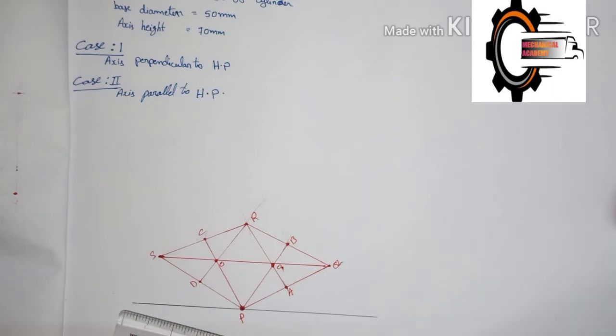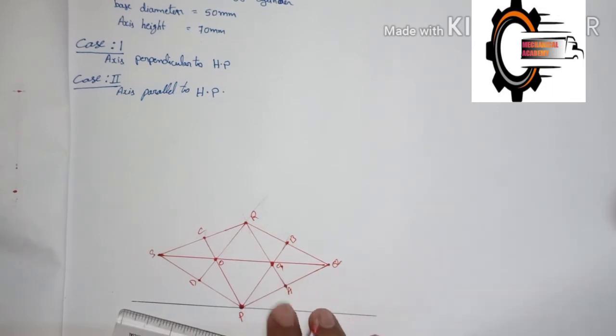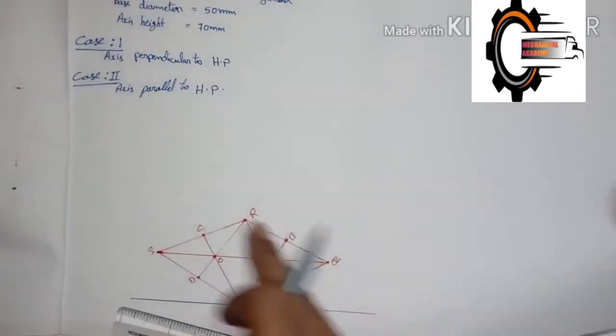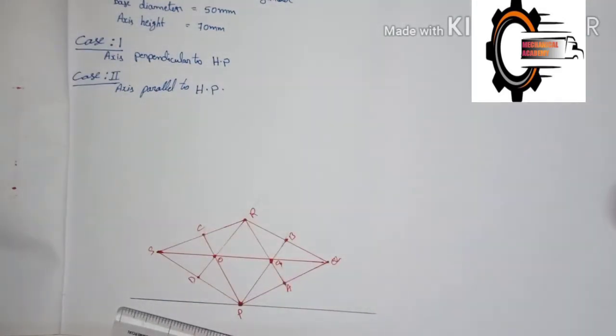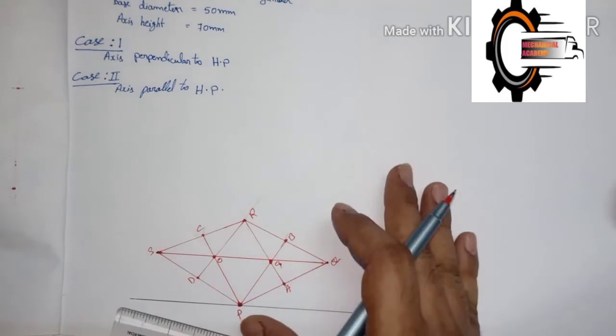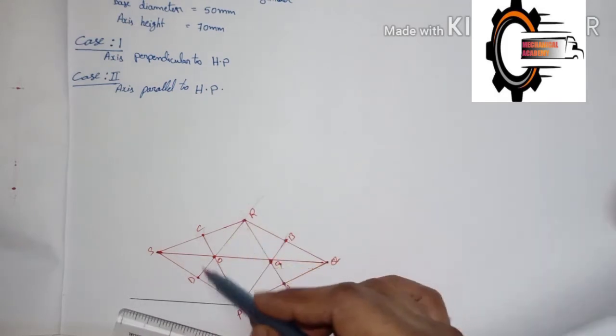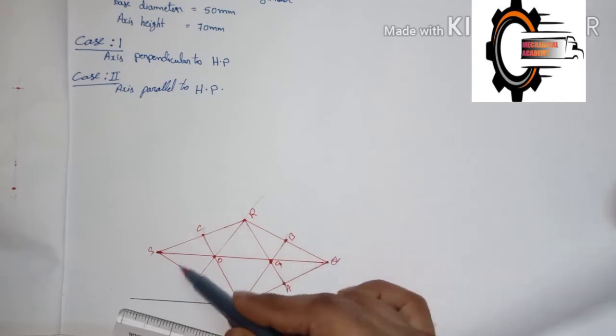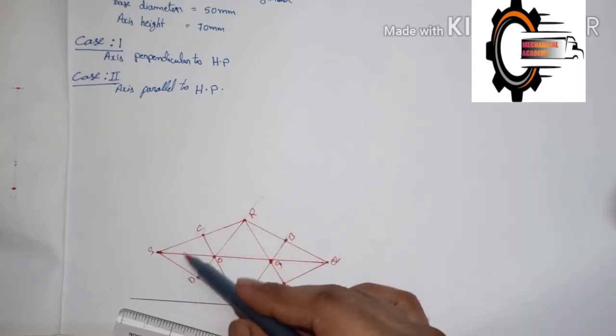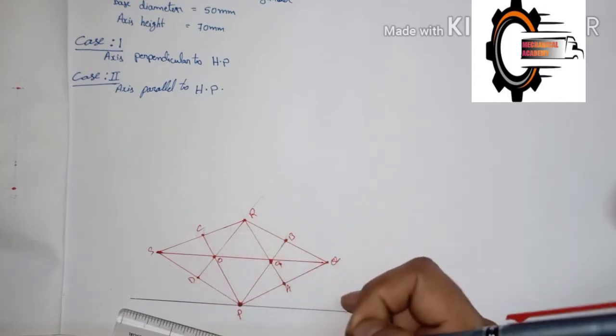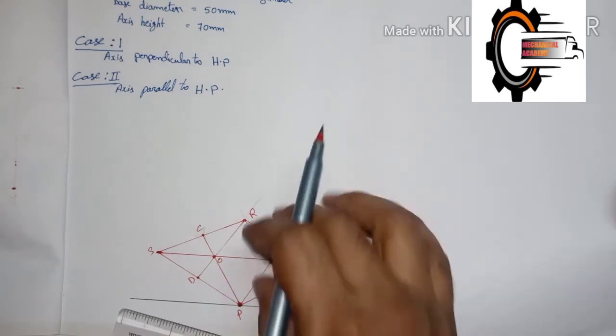Now here I am doing another thing. This is the solid, and this is the center. So that's why we have to draw another plane like this in the upward direction. First we have this one. Here we draw the arc, and after completion of this circle it looks like an ellipse shape.